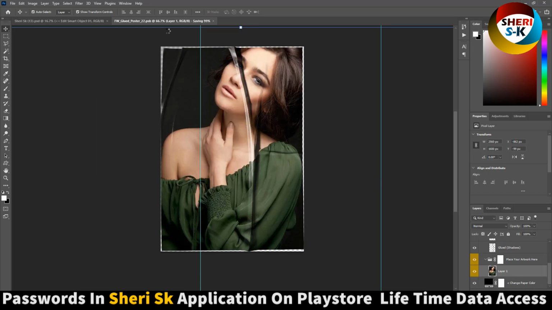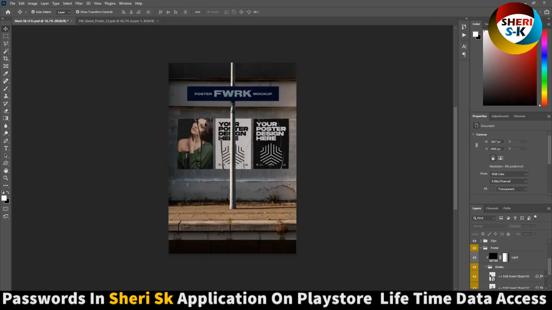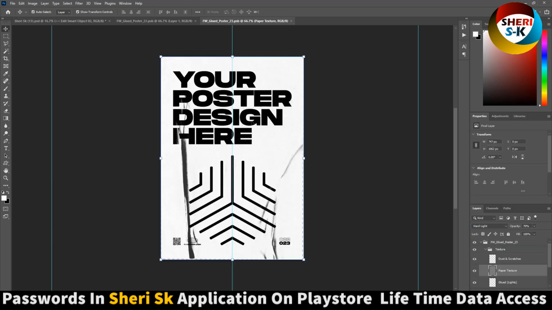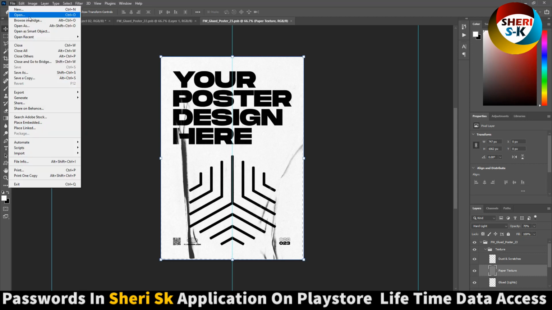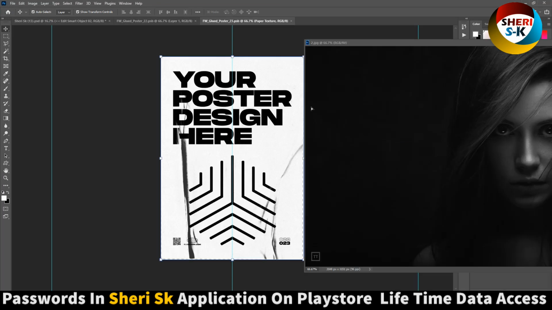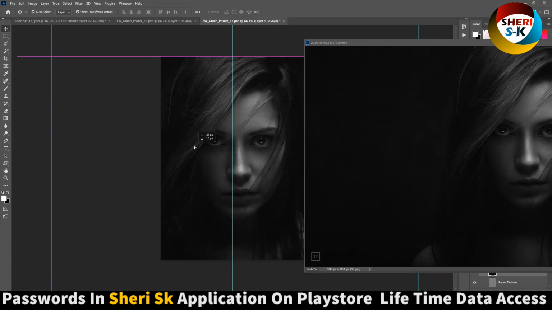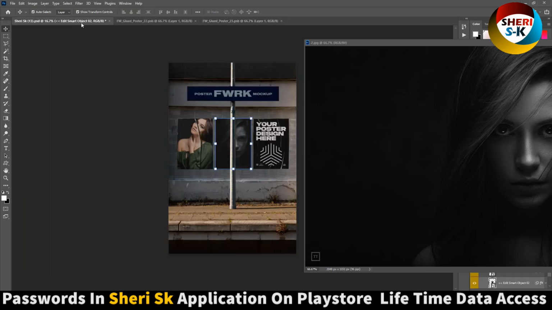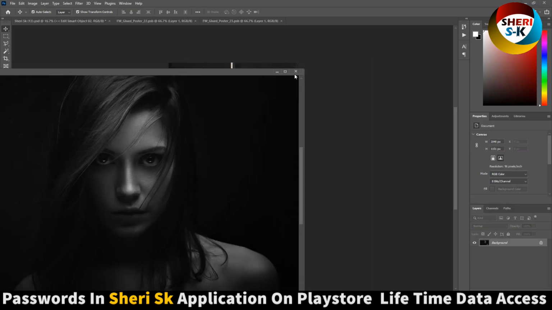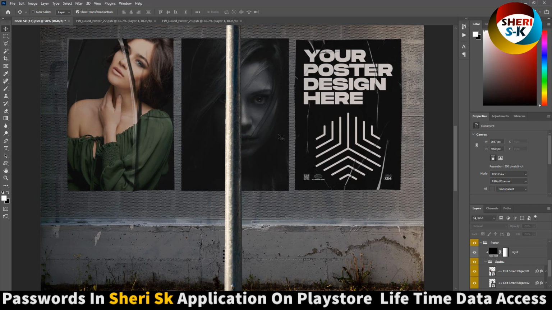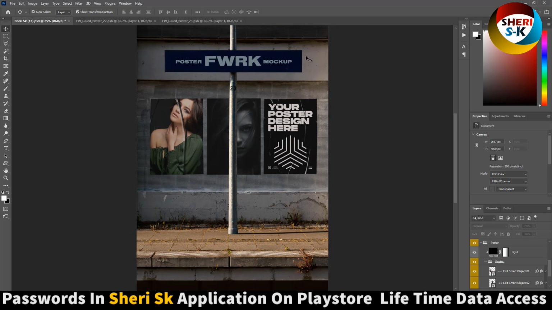Control S. You see, our design is here. Same thing here, open, delete this one or replace it. Control S. You see, our poster is on here. Okay, you can remove it,